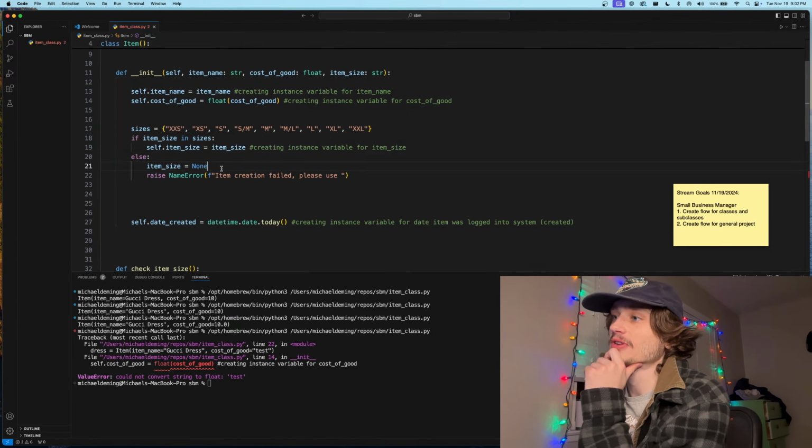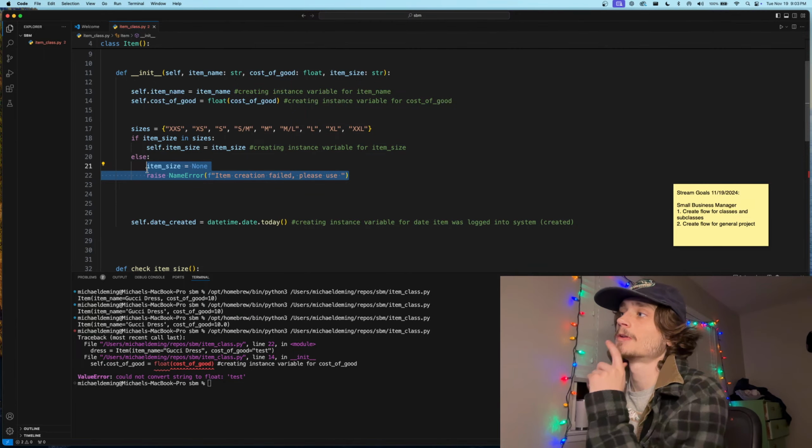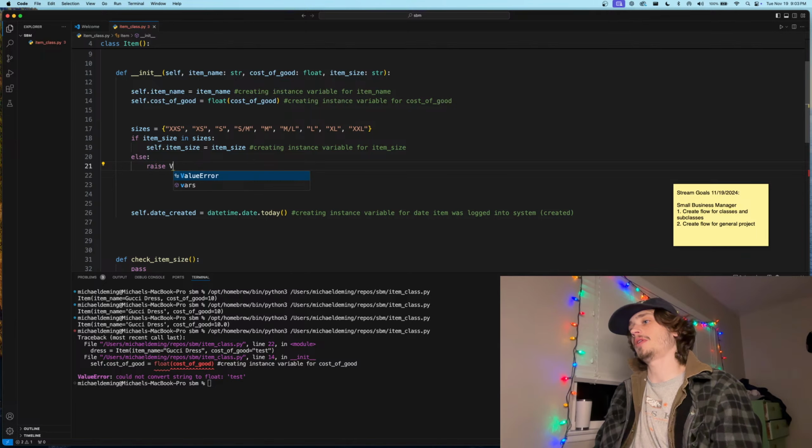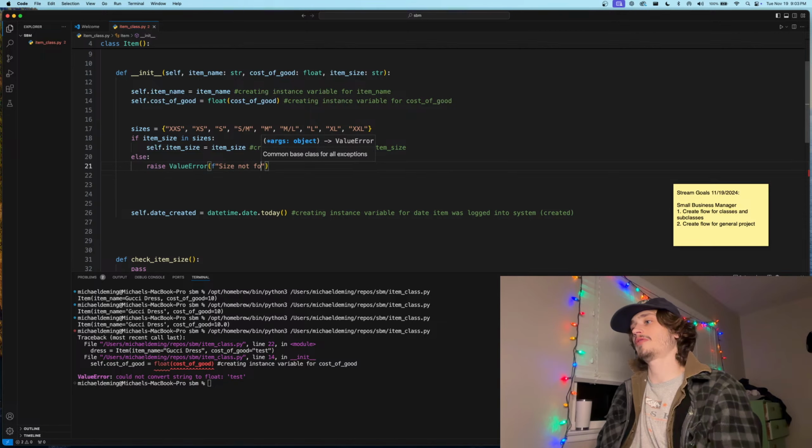Do we want to set it equal to none? And then raise this value error. I like value error for this one. Size not found. Please use